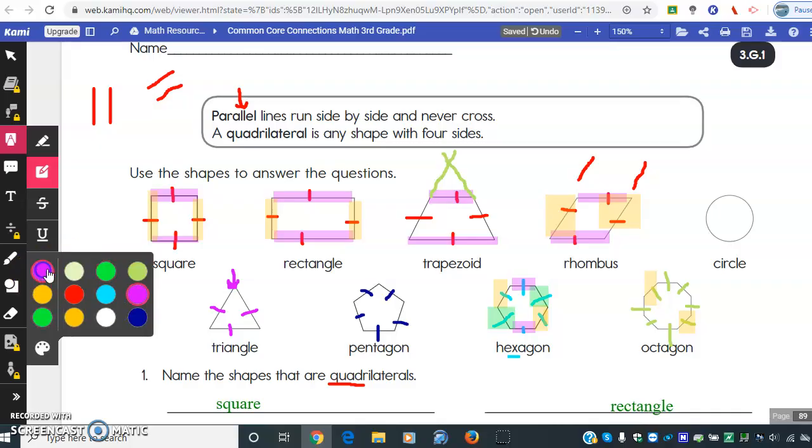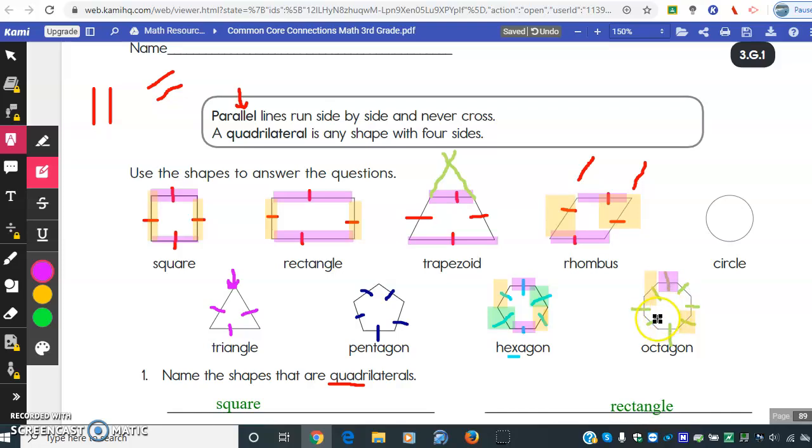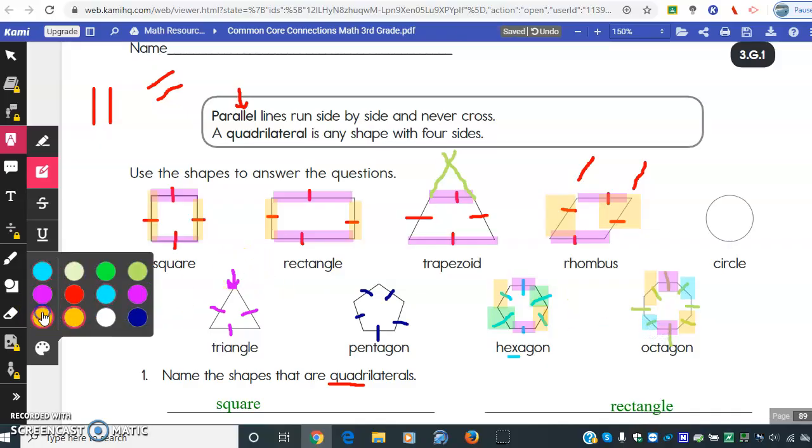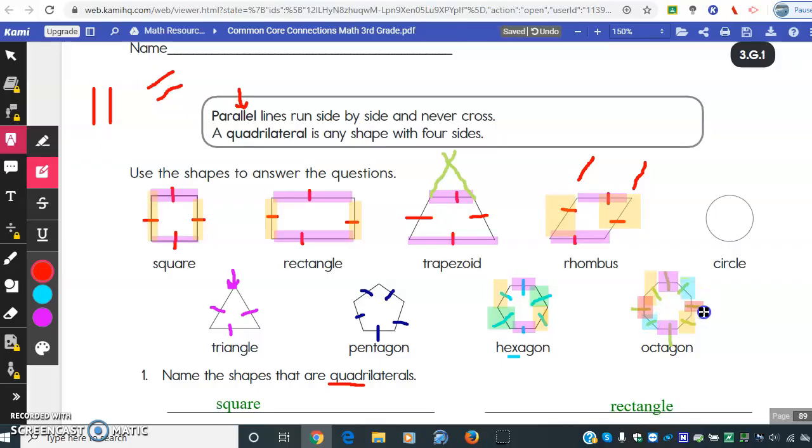Let's take a look at this octagon. In a second, I'm going to be ending this video, and then I'm going to be starting up a next one just to finish it off, because I'm about ready to run out of time. My octagon has several versions, because look, this guy and this guy, they're running parallel to each other. And look, they even have another one. This one and this one. So I'm going to stop my video here. I'm going to come back and finish up with our answer for the last few. All right, so look